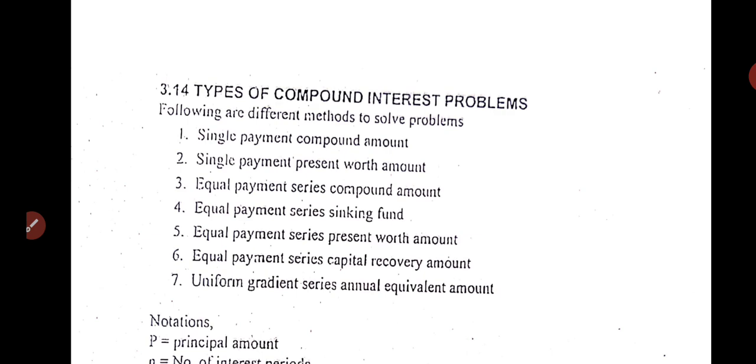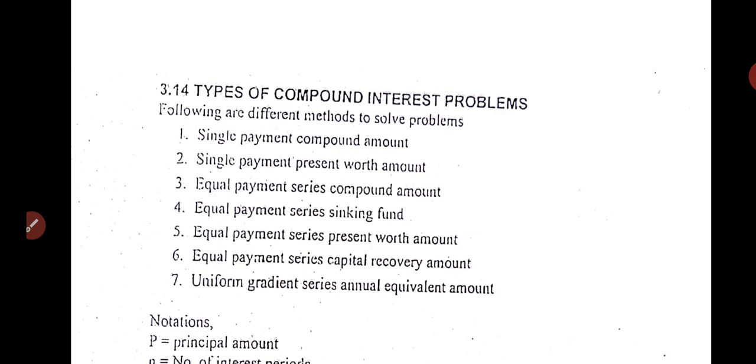Now instead of single payment, I am making installments, like every month you give or every year you pay the installment. Okay. So the next two are on equal installments. Same thing: either I know the present sum that I am investing, or I know the final money that I want. Either of these two. The third is equal payment series compound amount.